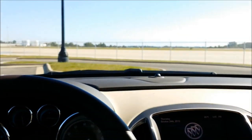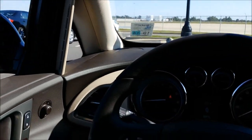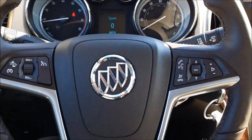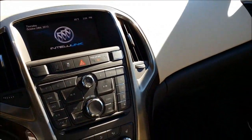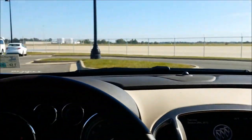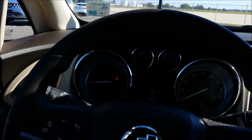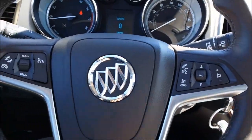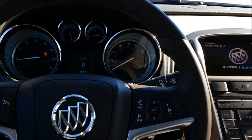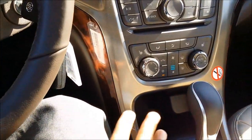Basically, if you compare this car to a Chevy Cruze, it's really no difference. So Buick is under a quote-unquote luxury line, but this is basically a dressed-up Chevy Cruze. So I can't recommend this car based on that fact. You know, I've seen a lot of cars based on my job, and everything about this car is built just like a Chevy Cruze. The only thing they did was put the Buick logo on it, put some fake wood grain looking trim,